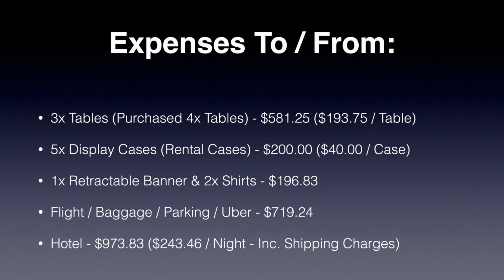Plus, when I left Orlando and flew back home, I sent one box. I mailed it at the hotel to my house, and they charged the shipping plus another handling fee, so it was like $60 to ship something back to my house, which is definitely a lot cheaper if you went to the post office or FedEx, UPS, something like that. But you're definitely paying for the convenience fee there. So there's about $100 of that $973 that's just room charges for shipping stuff down to the hotel and shipping it home. But yeah, so there is kind of all the expenses that I had for the trip going down